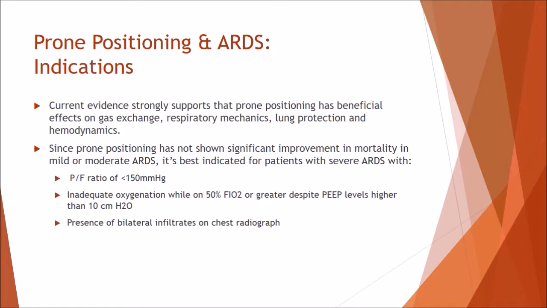Some indications for prone positioning for patients with ARDS include that there must be strong evidence that prone positioning would be beneficial for the patient in terms of gas exchange, respiratory mechanics, lung protection, and hemodynamics. Since prone positioning has not shown significant improvement in mortality in mild or moderate ARDS, it's best indicated for patients with severe ARDS. That includes a PF ratio of less than 150 millimeters of mercury,